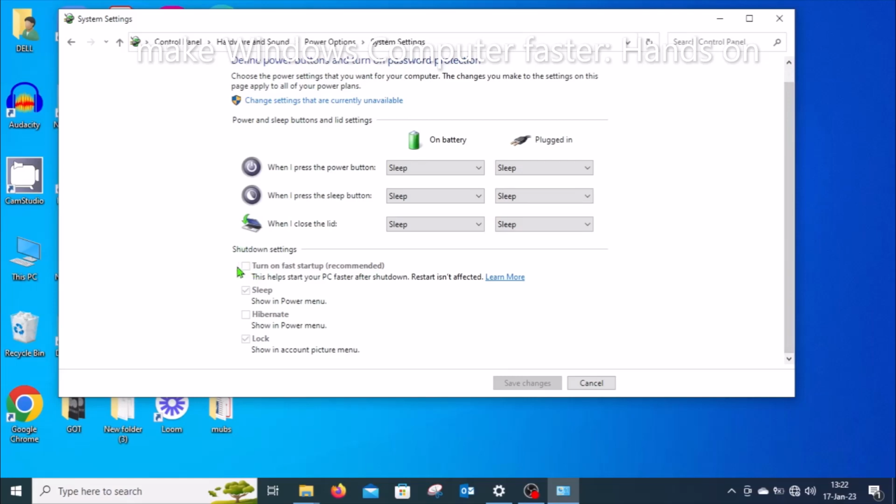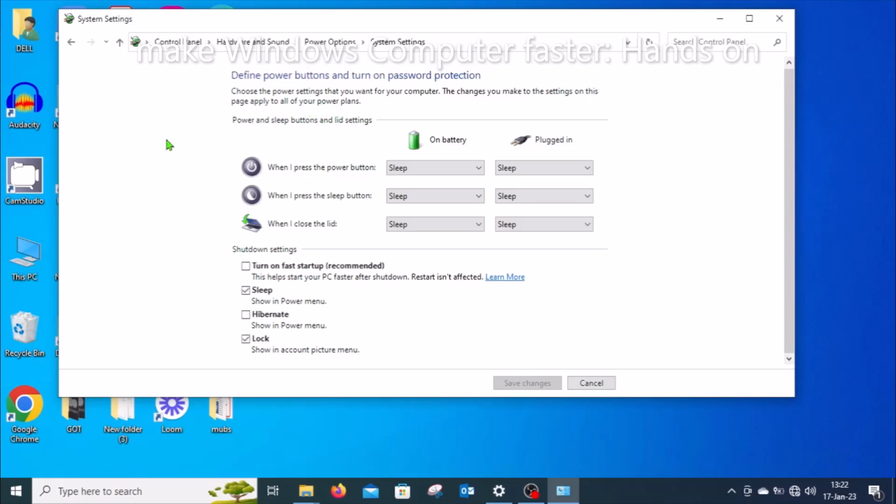that are currently unavailable. So look for change settings that are currently unavailable. Click on that. Once you click on change settings that are currently unavailable, then the turn on fast startup should be clickable and enabled. So click in that box or tick the box to turn it on or to enable